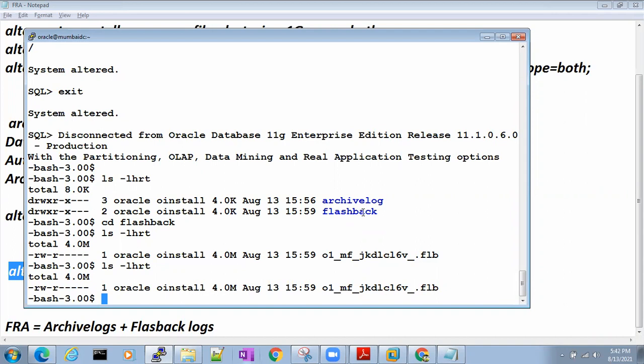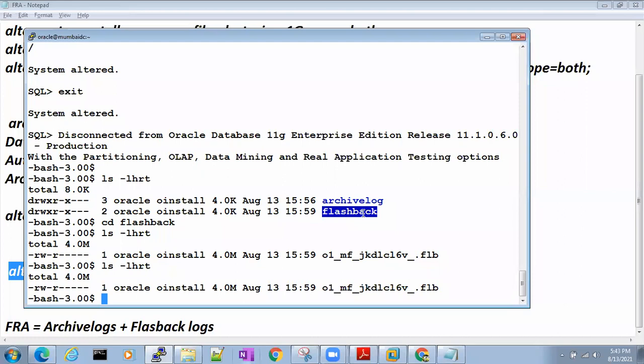But there could be a possibility, and if there is, you have to learn how to do it. That is why I taught this class. Other than that, you don't have to enable the flashback policy. If flashback is on, it keeps generating a lot of flashback logs, an unnecessary waste of space. Some scenarios might come, like bringing the database forward, restore and recover to the forward level, but I never did flashback in real time. This is 100%.